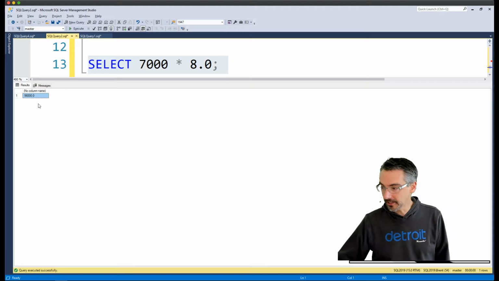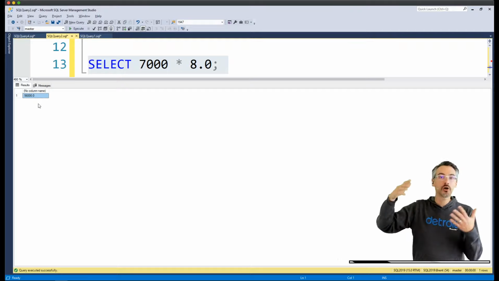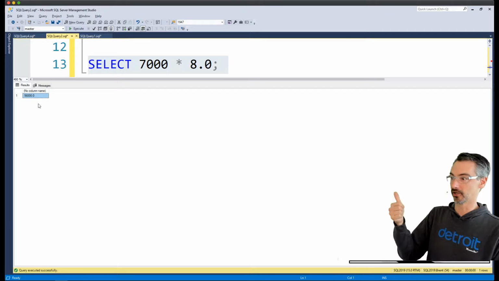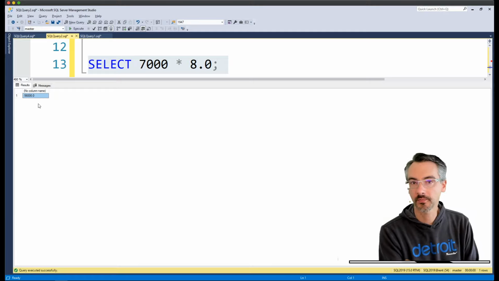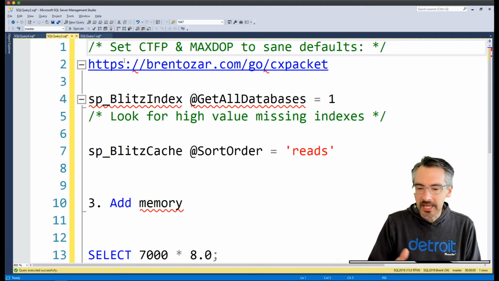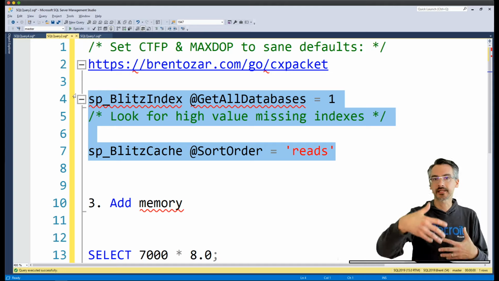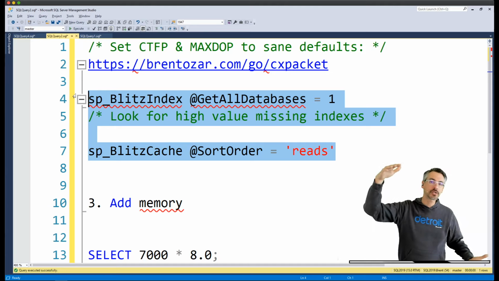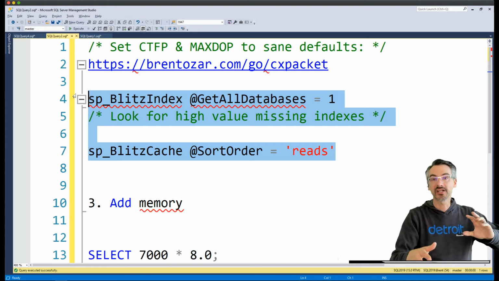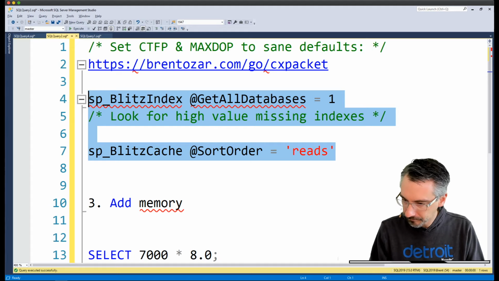To give you perspective, the desktop I use for training classes has 128 gigs of RAM. That's just my desktop. Nick Craver, who's on the call, I think their standard desktop developer build is either 128 or 256 gigs of RAM these days. So just keep it in perspective that there's only so far these can take you when you're trying to host 2 terabytes worth of data on 64 gigs of RAM. You can do it, it just gets harder and harder. You're already seeing how hard it is.